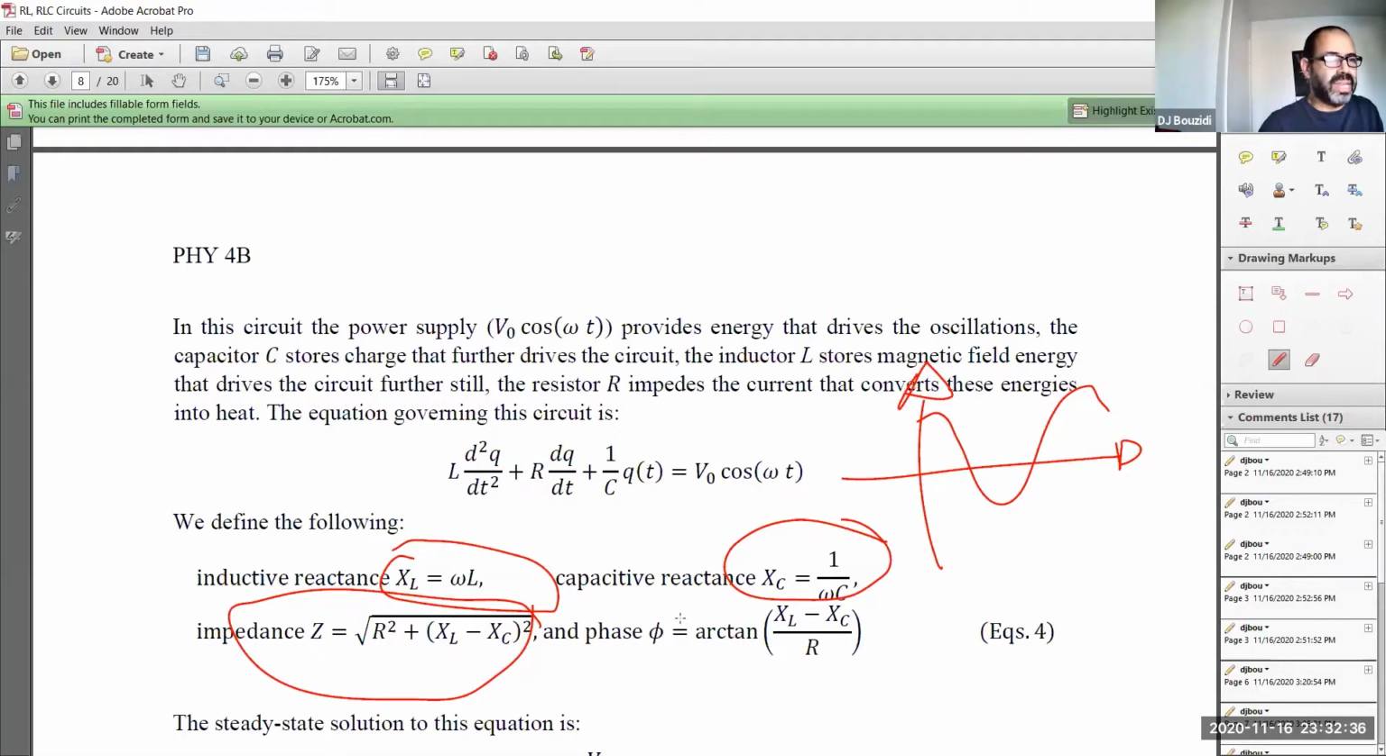But the current itself in the circuit and the other voltages may or may not be in the same phase. As a matter of fact, the current in the circuit is shifted by this amount. So in other words,